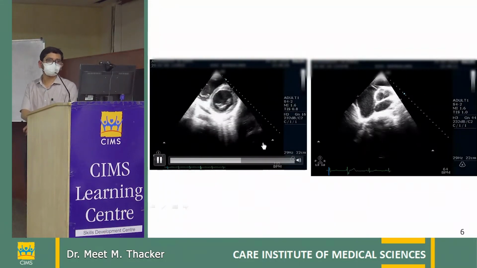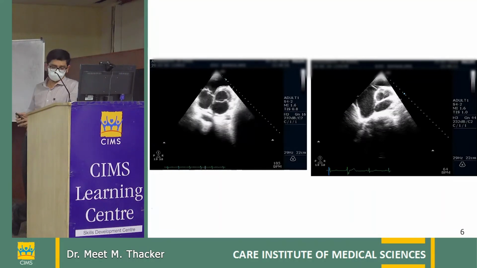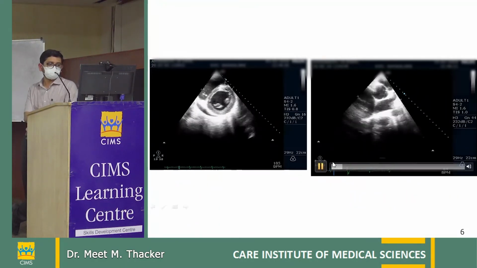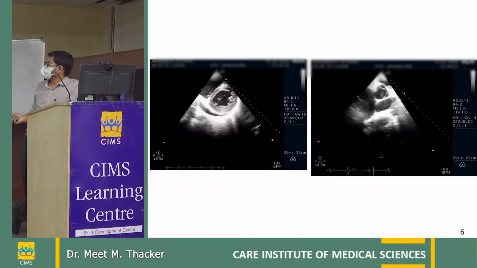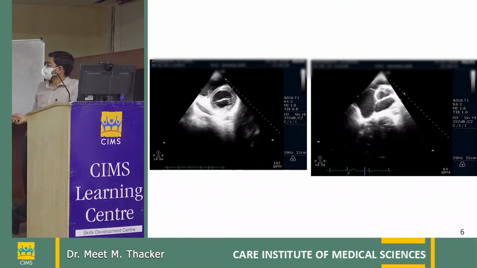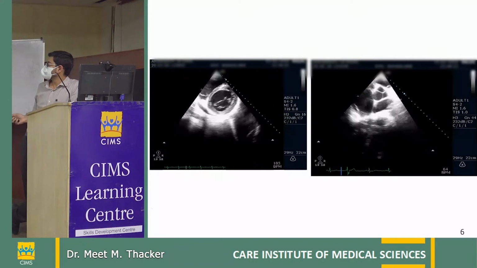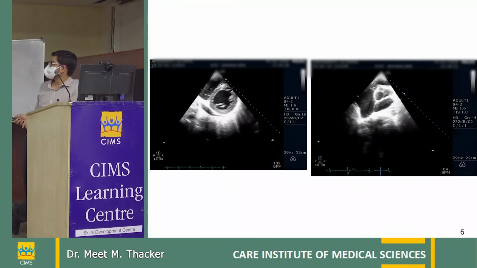So this is the parasternal short axis view. You can see that the RV is definitely dilated, and there is some amount of pericardial effusion. Otherwise, the LV function seems adequate. This is PSAX at the aortic valve level. Again, the RA is dilated, and if we closely observe, we can see that the sinuses are dilated, especially the non-coronary sinus of the aortic valve is dilated.